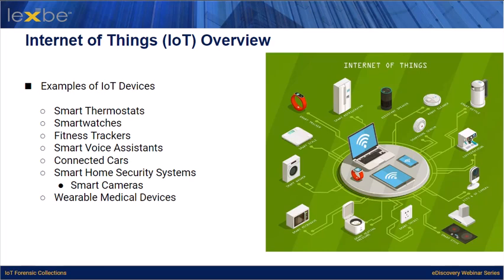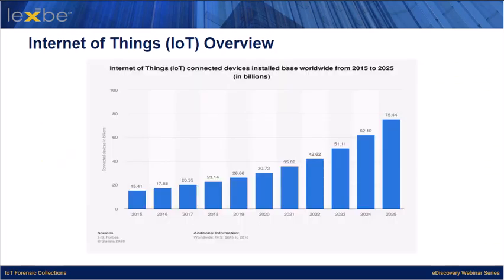See by this graph just how immense the growth has been since 2015. Back when we only had 15.4 billion smart or Internet of Things devices out there, it's still a lot, but only 15.4 billion. And now we're up to 75 in just a short 10 years. The growth is just incredible, and just goes to show you how meaningful these things are in our society now, that so many people have them and they exist everywhere. Everywhere you go, from your home to your office to hospitals, and other industries out there.